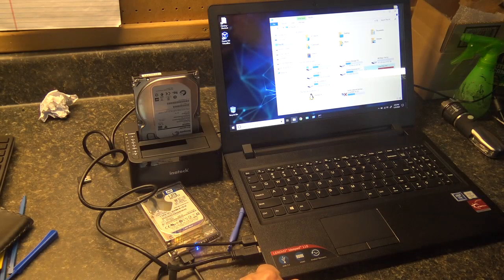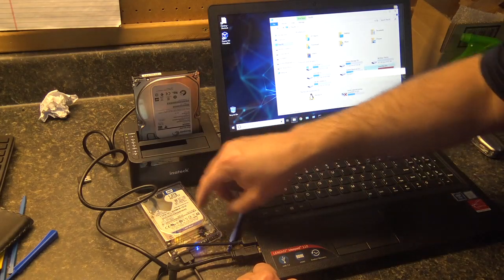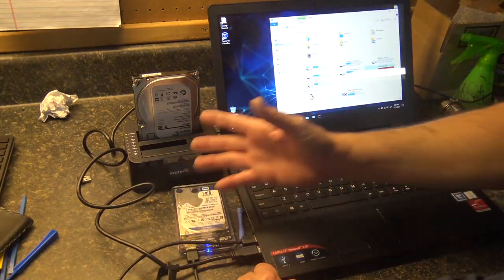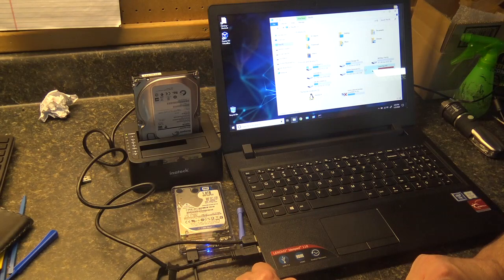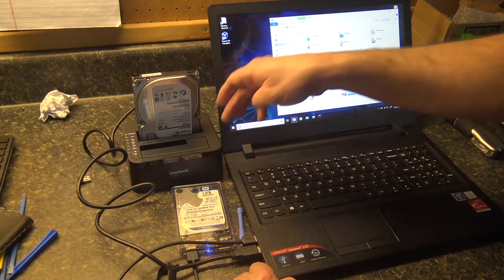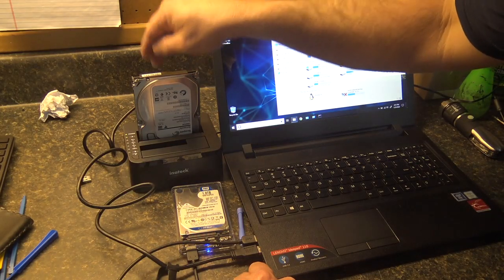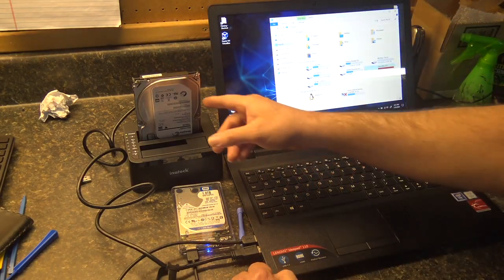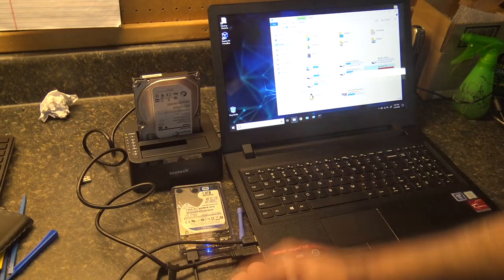Alright, so for the data recovery, what I've done is I've gotten my WD 1 terabyte jump pack, which is essentially a drive I've taken out of a dead laptop and put it in an external enclosure. I've got a docking station. I've got the customer's hard drive in it. On a mechanical drive such as this versus a solid state,